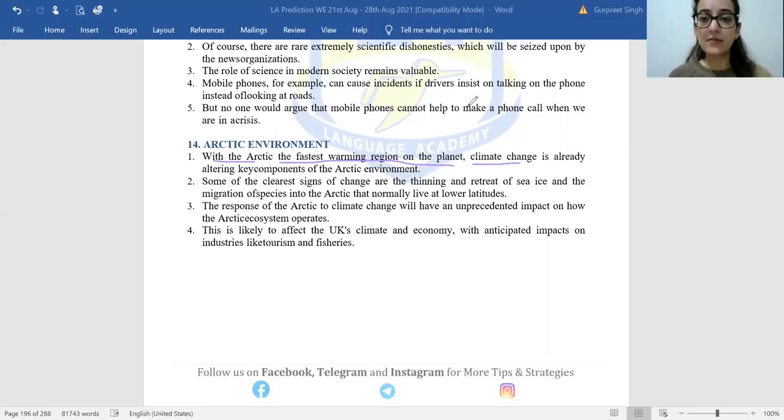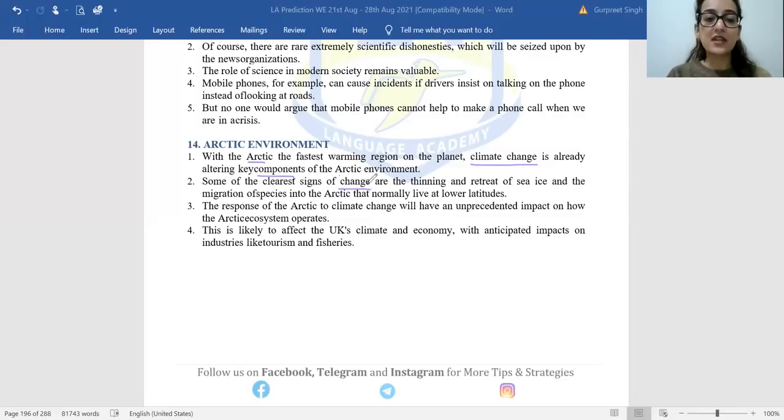Let's only mark the elements. We are talking about Arctic. We are talking about climate change. We are talking about altering key components of the Arctic environment. So key components are being changed because of climate change, obviously. Some of the clearest signs of change. Now change, only change,